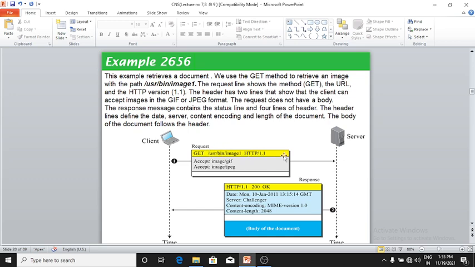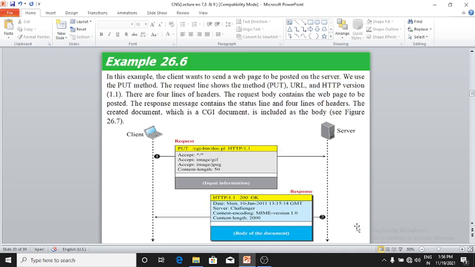After that, the second line shows the HTTP version, as I said earlier. The image is in the format of GIF or JPG. Clear? This is all about the request from the client to the server. Then for that, the server gives the response, right?